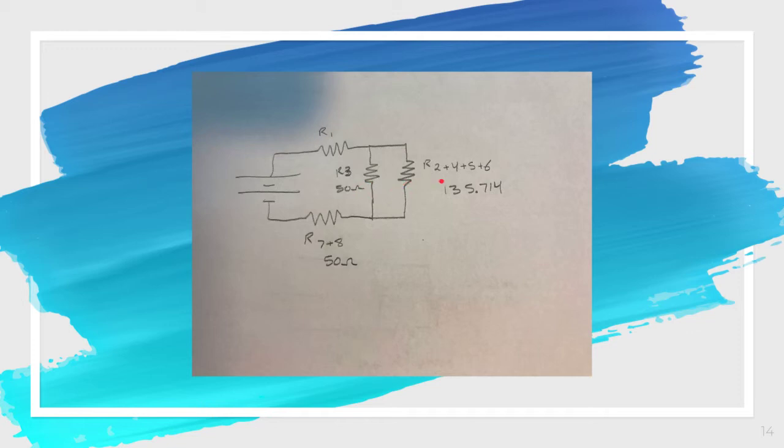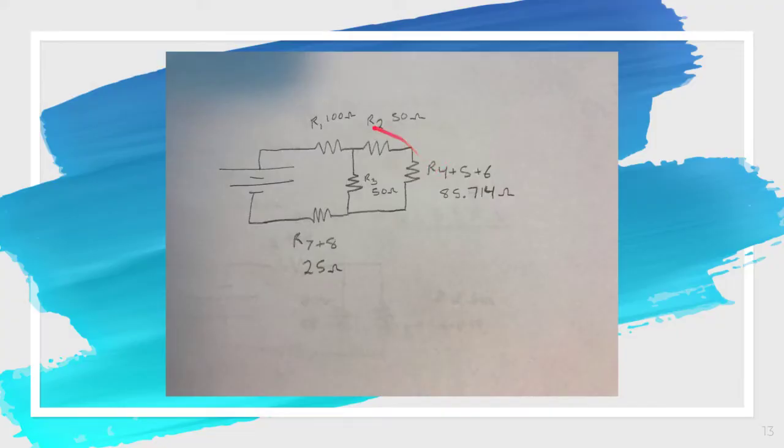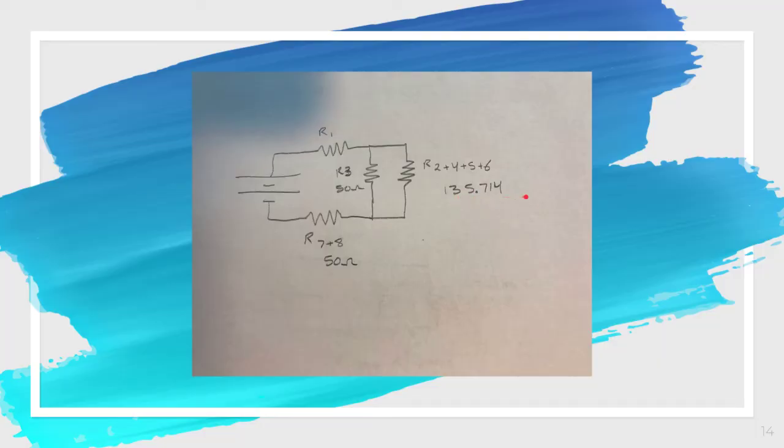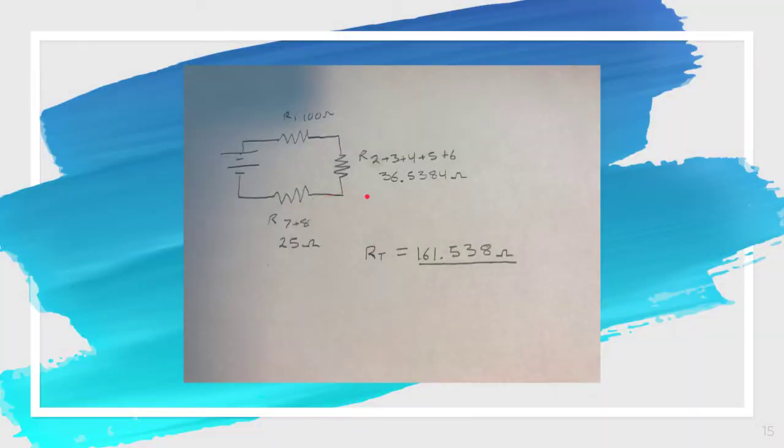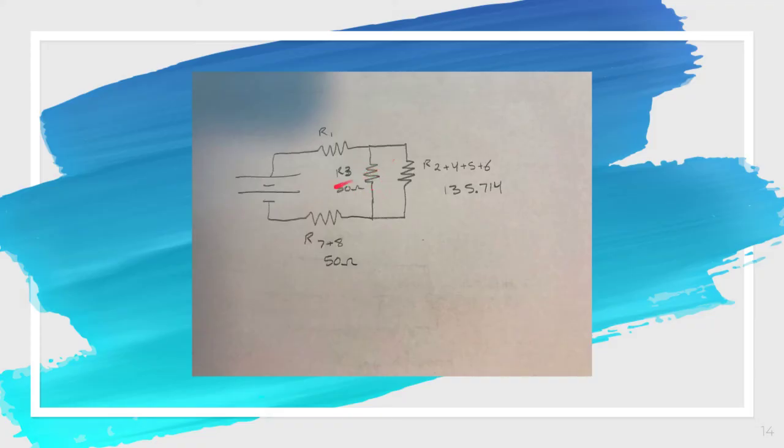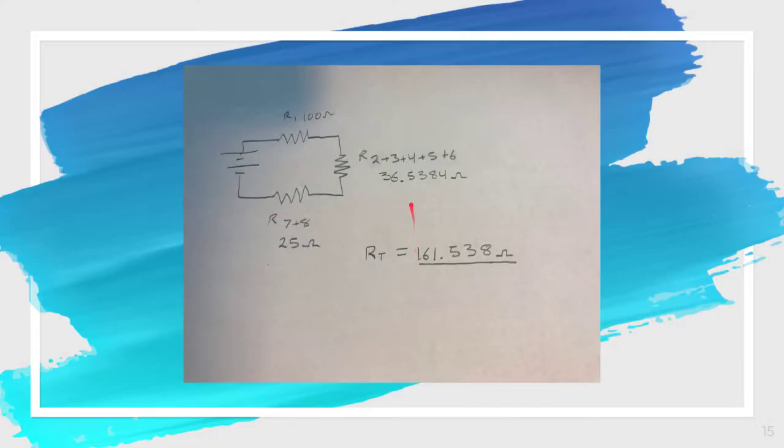My next step is I added the new resistor we had, 4, 5, 6, and I simply added it to 2 since they were in series. And I got 135.714. The circuit looks something like this. And then you could make it parallel again by getting resistor 3 and resistors 2, 4, 5, 6, putting the parallel 50 to the negative first, 135.714 to the negative first, get your answer, put it over to the negative first, and I got